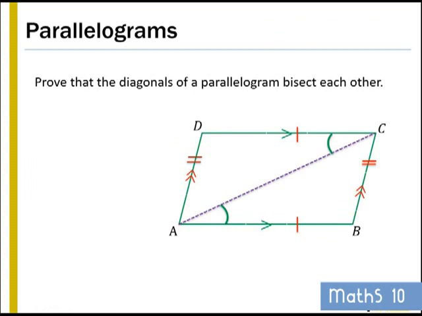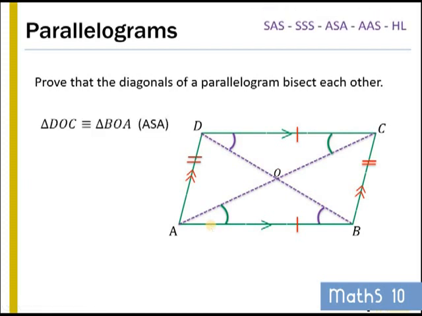Secondly, prove that the diagonals of a parallelogram bisect each other. Let's draw in the other diagonal from B to D. We're trying to show that these 2 diagonals cut each other in half exactly. We know that angle CDO and angle OBA are congruent because they are alternate angles, and we already have these 2 angles congruent. So, using congruent triangles, we can conclude that triangle DOC here is congruent to triangle BOA here